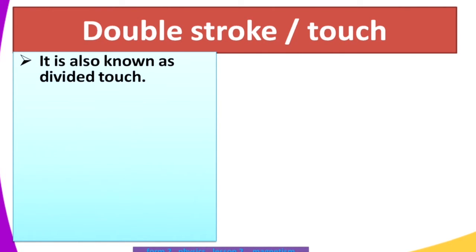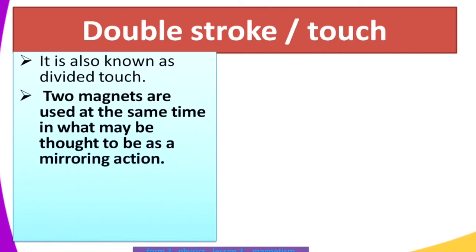And then in this method, two magnets are used at the same time in what may be thought of as a mirroring action. So we have something like a mirror. These magnets are identical. So it's like a mirroring action because we're using two identical magnets to make a magnetic material become a magnet. So the other thing about double stroke is that the process produces a stronger magnet than